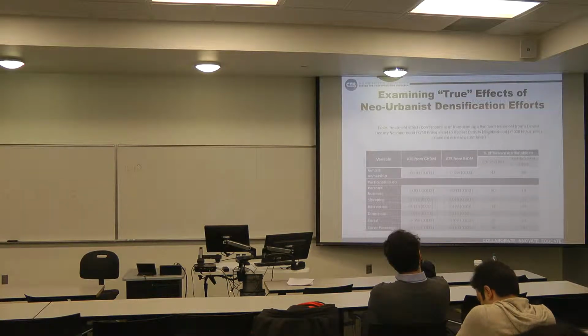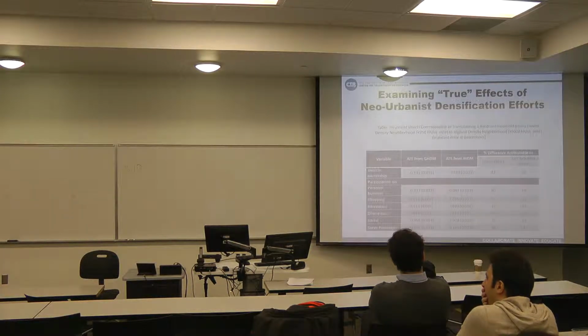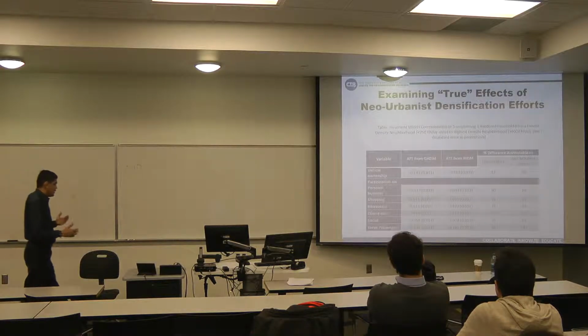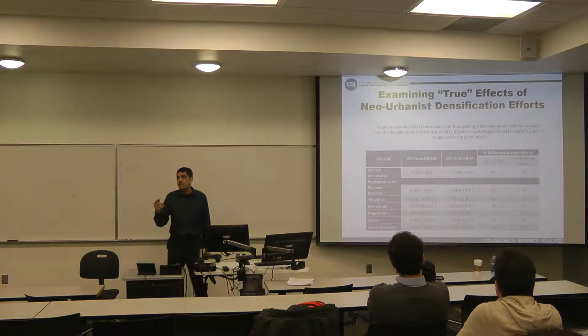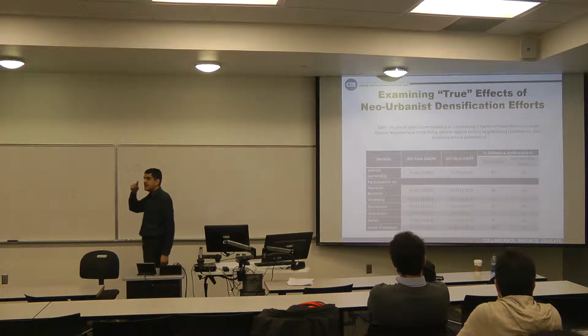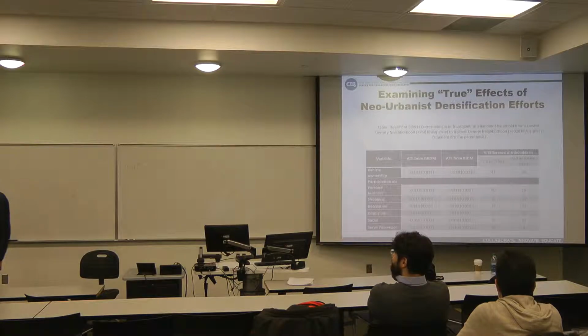Treatment effect. So after accounting for all of the latent constructs, what can we say about the true impact of, in this case, transplanting a random household from a lowest density neighborhood to the highest density neighborhood? Okay. What will it do? And we were able to determine that using the model that we developed versus another model where we didn't have the latent constructs, or rather, to be precise, we didn't have the latent constructs including stochasticity. Remember, it's because we have stochastic latent constructs that we create a jointness in our terms. So if you don't have that, essentially you would have a corrupted impact.